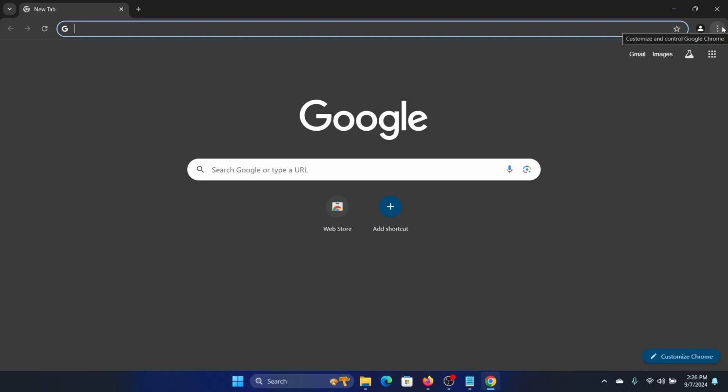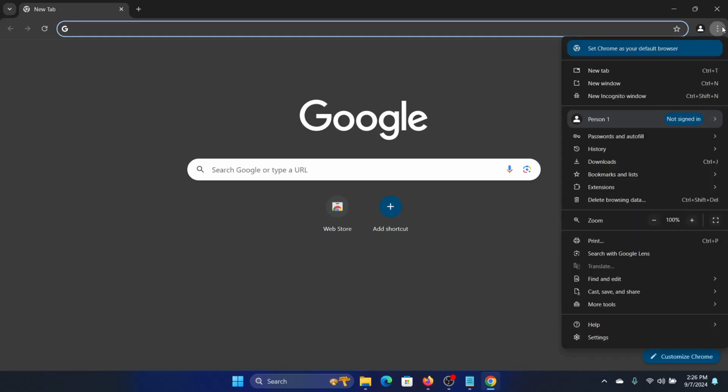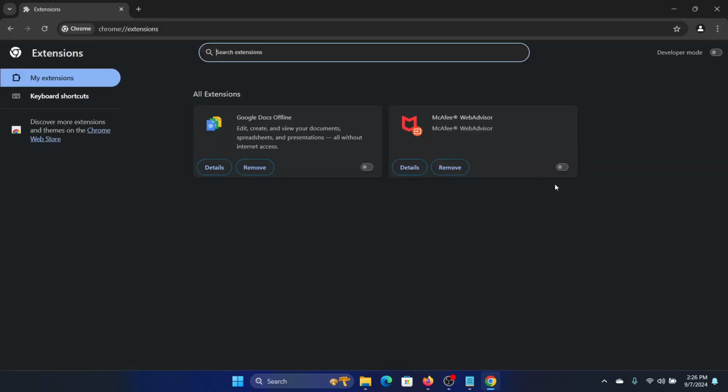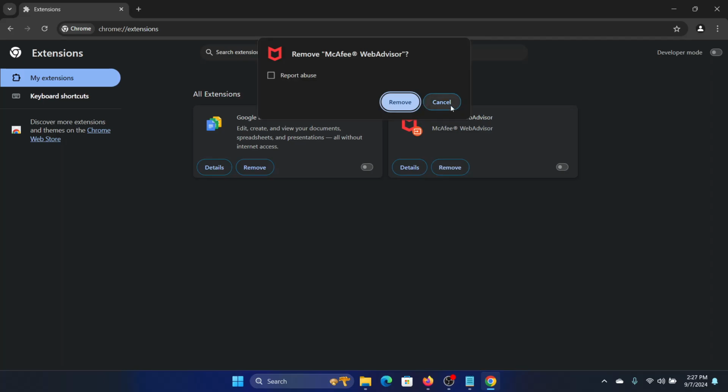First thing we'll need to do is remove the problematic extension or just disable it. So right click on the three dots and go to extensions, manage extensions, and then we will make sure that these are in the disabled position. Now if you want to remove them, you can do so. You can click on remove, and that's well and good. And especially with McAfee and all, you should not have these because these security plugins cause a lot of errors